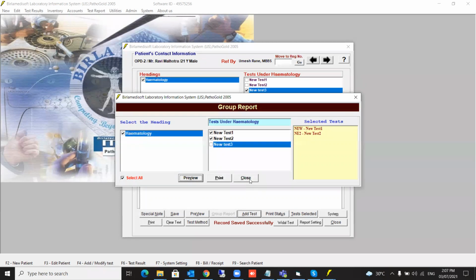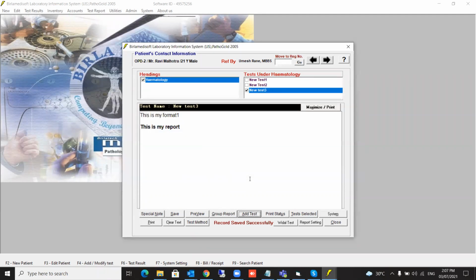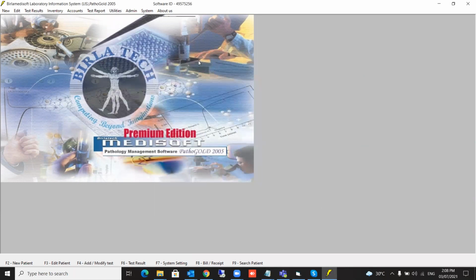Sir, how to create profiles? How to create a profile? Oh, wonderful question. In one command, you can create multiple tests. You can combine the tests together. That is what we are going to study now. Okay, now, multiple profile. Let's see how to create multiple tests in one command.